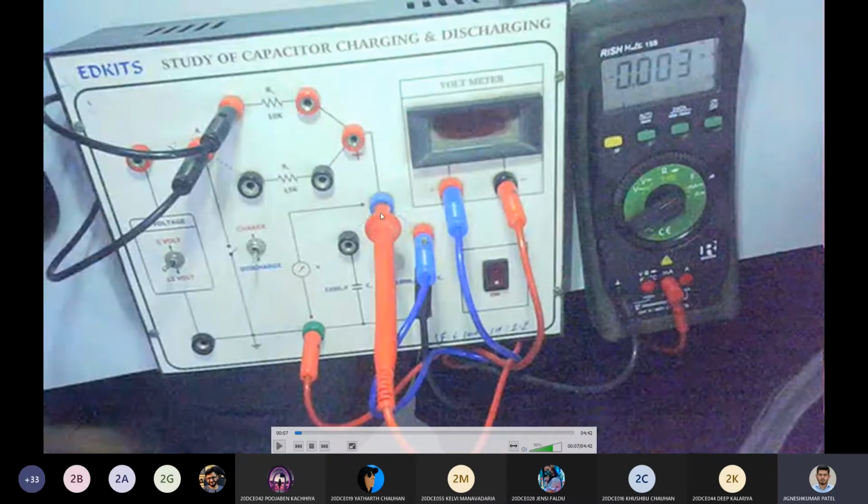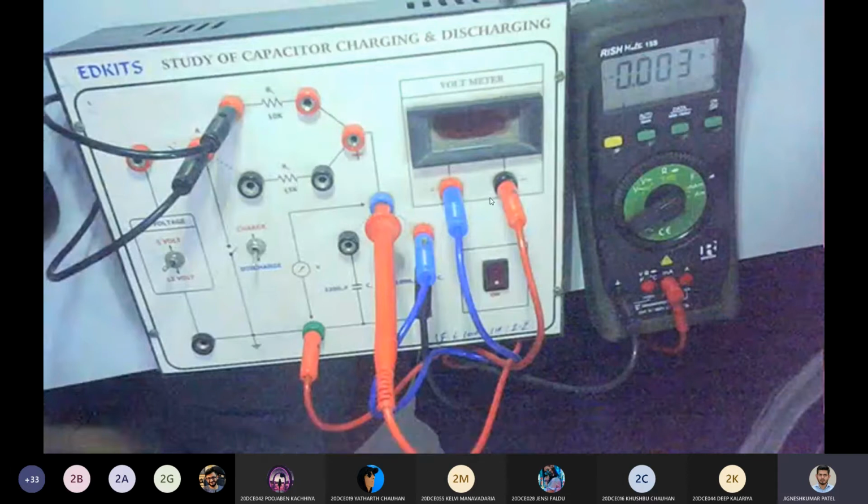Okay. And then I have connected my voltmeter and ammeter over here. The voltmeter is connected across this. This is a voltmeter, so the blue wire and the red wire is the voltmeter. Here there is a capacitor like this. It is not visible, but that's a 1000 microfarad capacitor. So terminal one is connected with the voltmeter. Blue is going here, and the other one, the red one, is the common point. It is the second point of my capacitor, so I've connected it with the other end of the voltmeter. So the voltmeter is connected in parallel, and this is the ammeter, so the ammeter is connected in series.